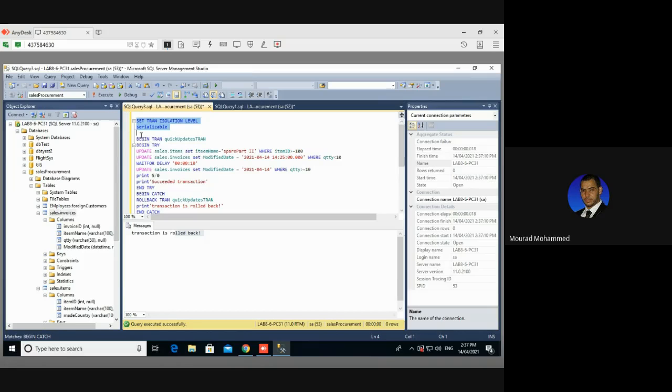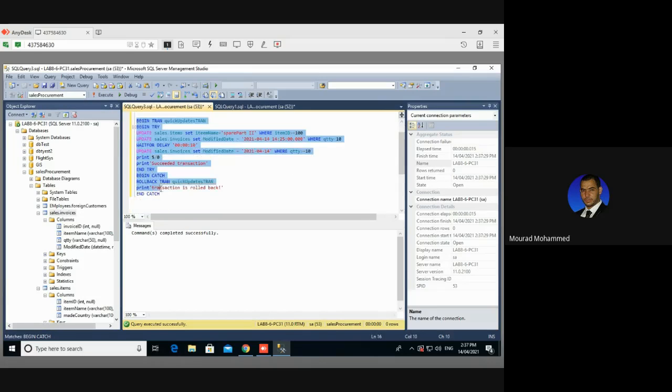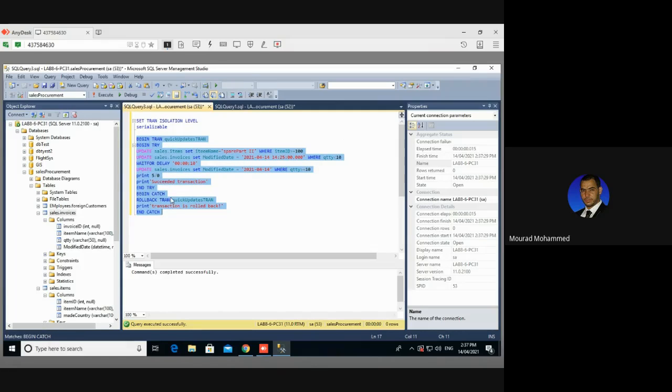Let me set serializable again. It is set already, but I'll highlight it anyway. Okay, let me execute now. See here, it is loading, loading, loading. It will remain 10 seconds. It will keep loading for 10 seconds. Just wait. Yes, finished. 10 seconds, and then it tells you what happened. Okay, what's the problem? There is no problem here. This is a serializable process that takes time to finish. But the point is the impact and the effect of the